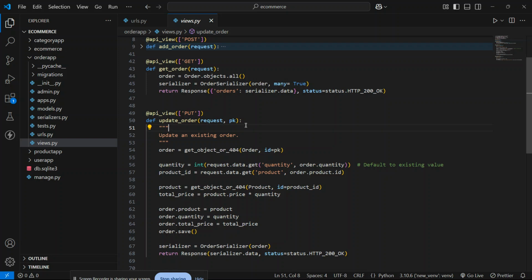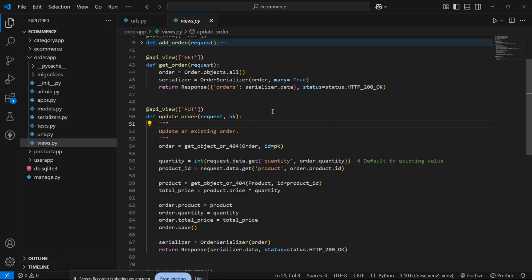Inside the APIs, the data should be in JSON. So this is the work of the serializer. In my next video, I will discuss the serializer in detail. So stay tuned, and within this response, I will pass the serializer data and the status code.